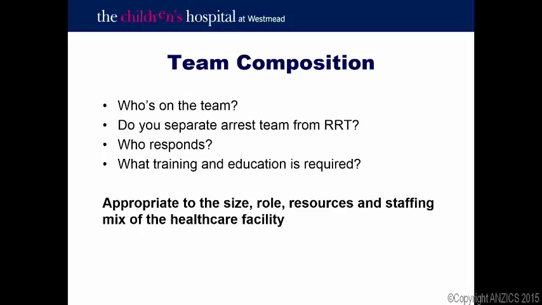So the questions we need to ask again are: who's on your team? What does that look like? Do you have a separate rapid response team from your arrest team? There's been lots of talk about people separating their systems. Again, you need to think about it: if your arrest team is out in the middle of rural Australia, it's the nurse and the ambulance team, so it's going to be the same for your arrest as it is for your rapid response team. In your major tertiary hospital in the middle of Melbourne, if you've got 10 people on your arrest team, that's probably too many for most patients that deteriorate into the red zone, because you're going to get user fatigue. You're going to wear out your system. So you need to think about what that looks like for you, and who's on your team.